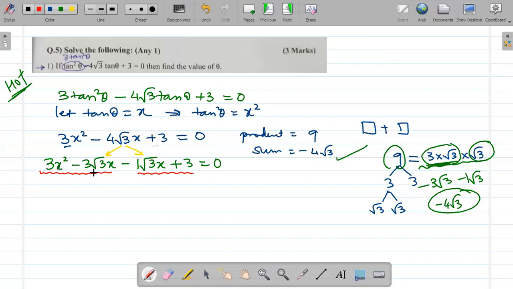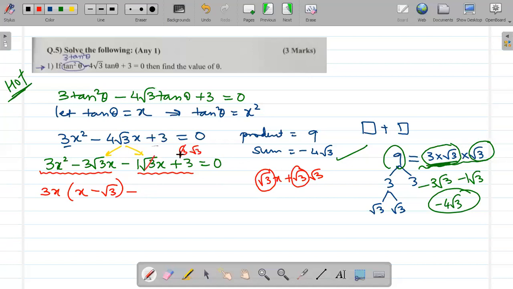What is common in the first two terms? 3 is common and x is common. What are we left with? 1x, 3 and x is gone. So 1x is left. 3 and x is gone. So just root 3 is left. From the next two terms, we can pull out one negative sign. This is negative sign over here. What is common in these two terms? Okay, let me write it out over here for you. Root 3x and the other number is 3, which can be written as root 3 and root 3. So clearly students check, in these two terms, this is actually root 3 and root 3.